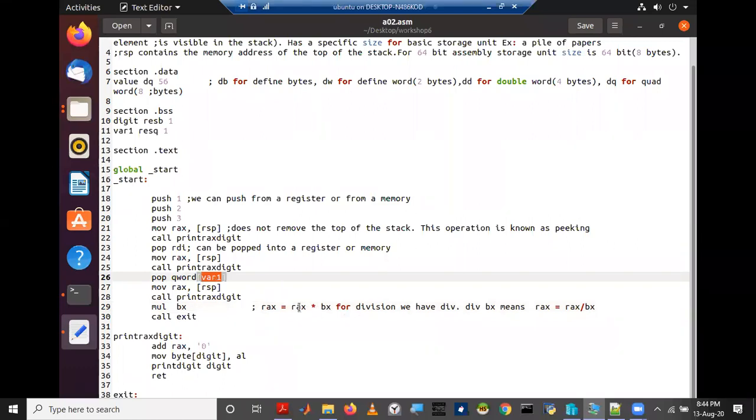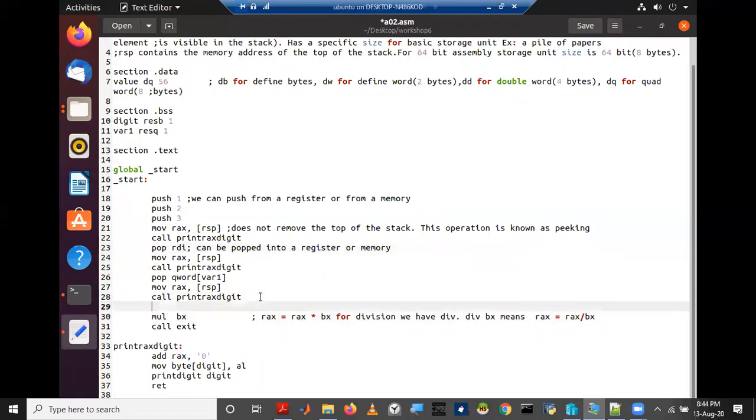Since multiplication always involves RAX, first we have to copy one of these values into RAX before multiplying. So I'll just copy what is in RDI to RAX, because this always deals with RAX, right?